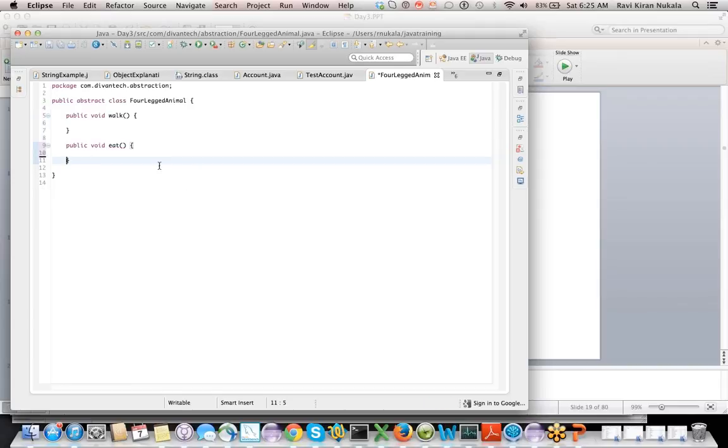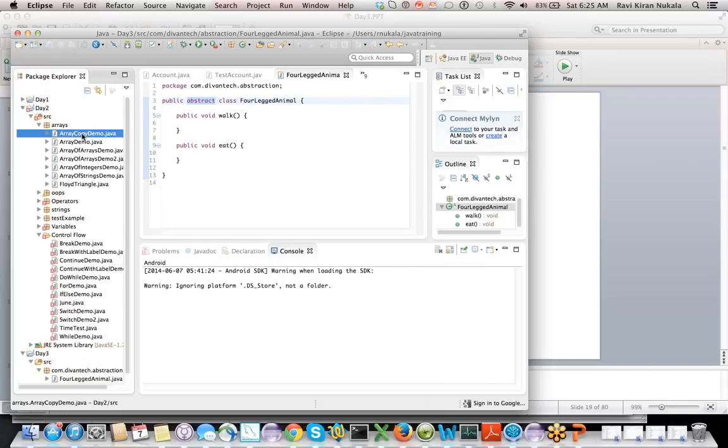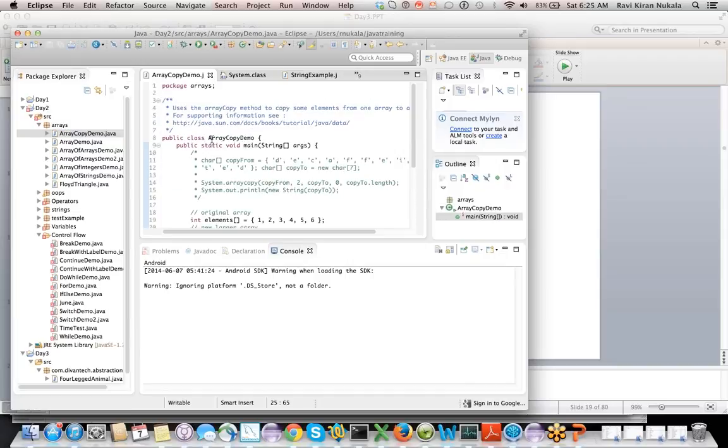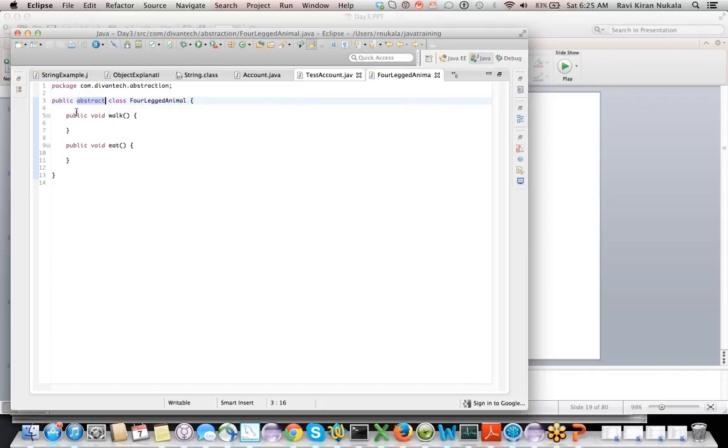Okay, so what is the difference? We created this class, four-legged animal, versus this class we had before. What is the difference? We have the keyword defined as abstract. What does that signify?